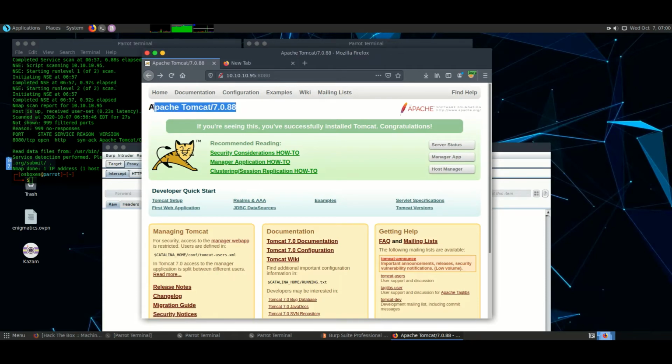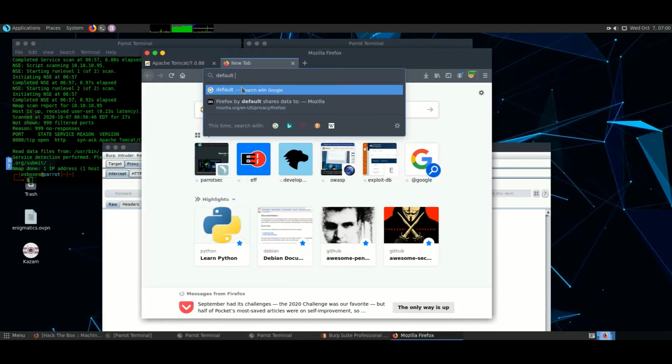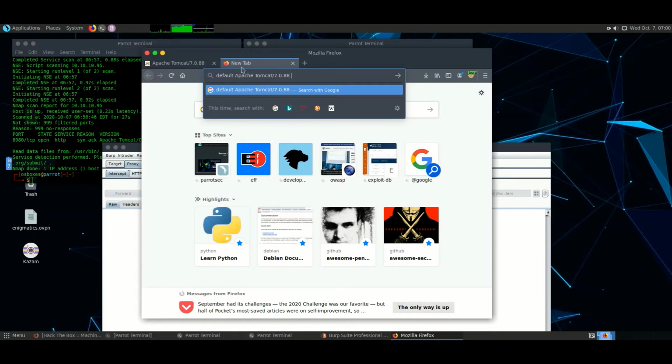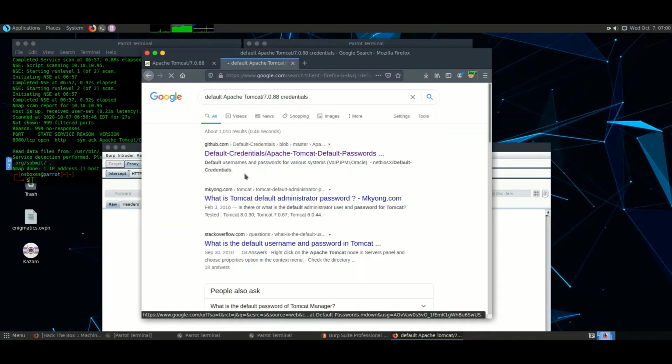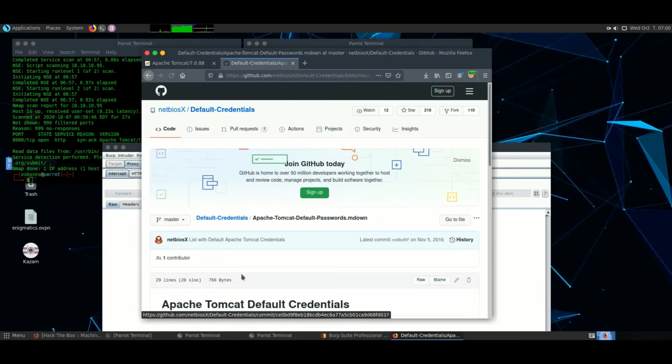Apache Tomcat 7.0.18. Oh, we got the GitHub site. I mostly prefer GitHub.